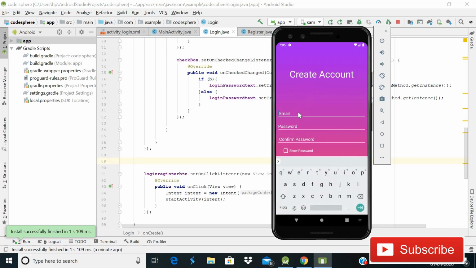So here I have to simply give any demo name, and then gmail.com, and after this when I click on password, I will give it 1 2 3 4 5 6 7, and confirm password 1 2 3 4 5 6 7. You can see that if I check this checkbox show password, now you can see the password,